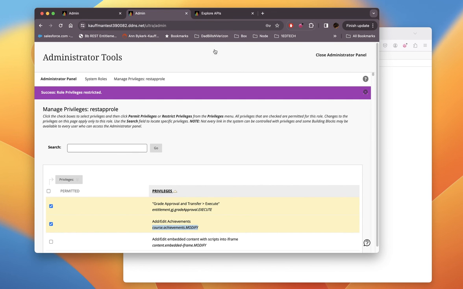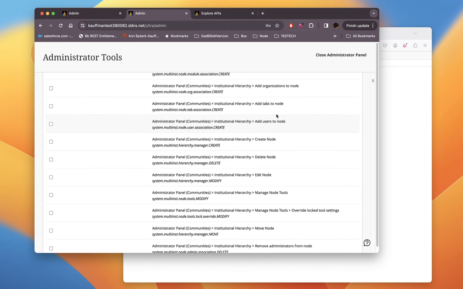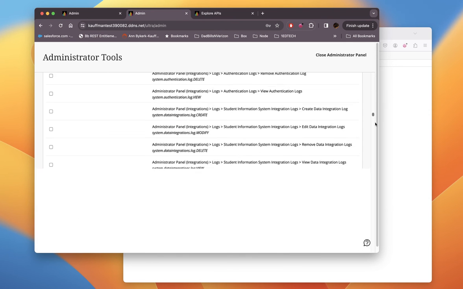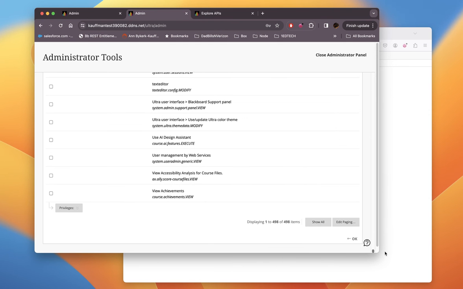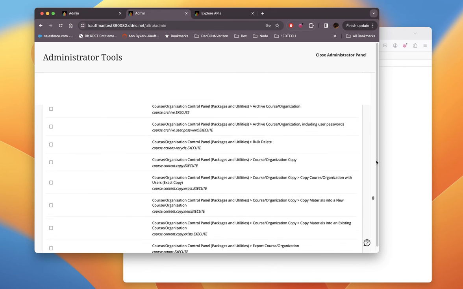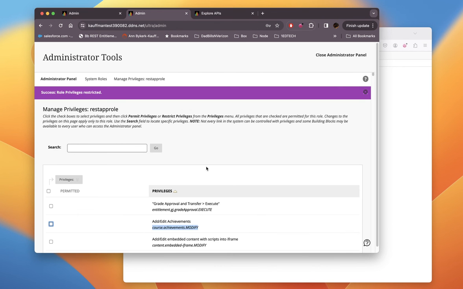REST entitlements. And so we should be able to, I don't want to check these, we should be able to find system. Now what I did too is there's a lot of entitlements. This is kind of complicated. It's why it's sometimes difficult to get it right. There's 498 different privileges, and we want the privilege that will let you have that system.user.view. So if we just look for system